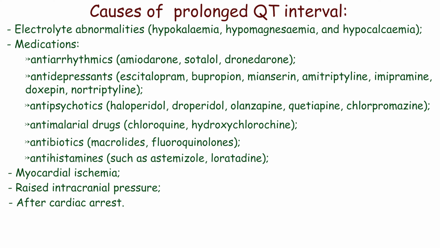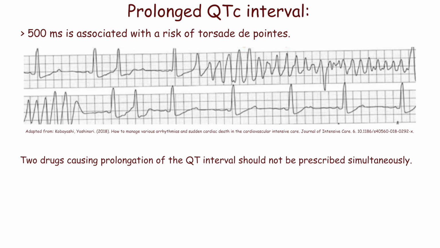It may be found after cardiac arrest. Normally, the QTc interval ranges from 350 milliseconds to 440 milliseconds in men and from 350 milliseconds to 460 milliseconds in women. Prolonged QTc interval more than 500 milliseconds is associated with a specific type of polymorphic ventricular tachycardia called